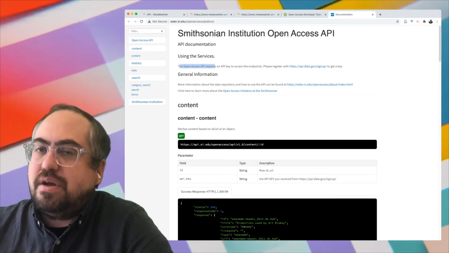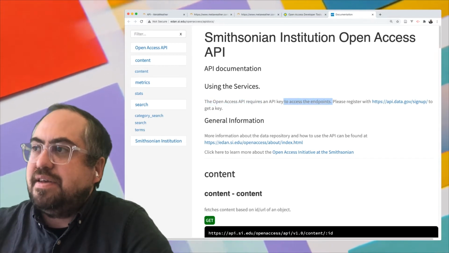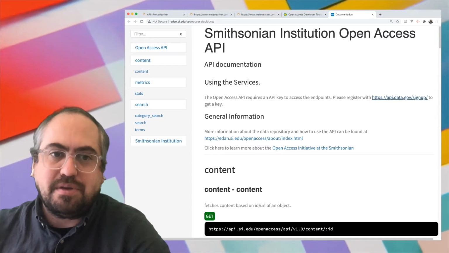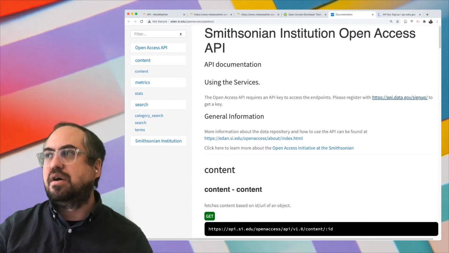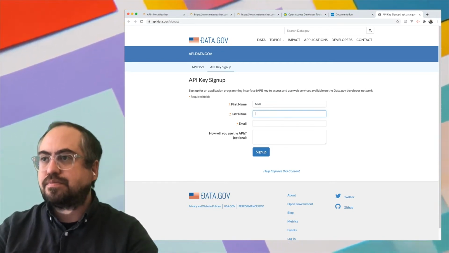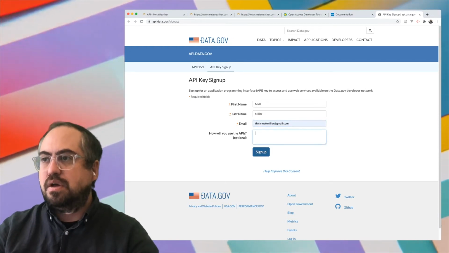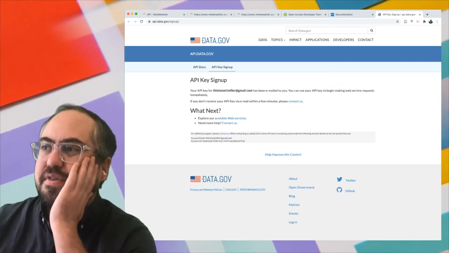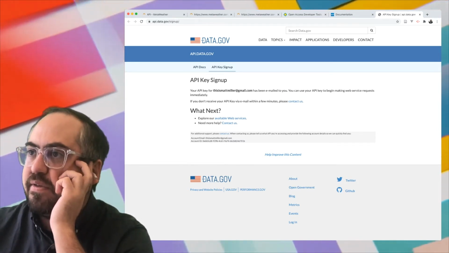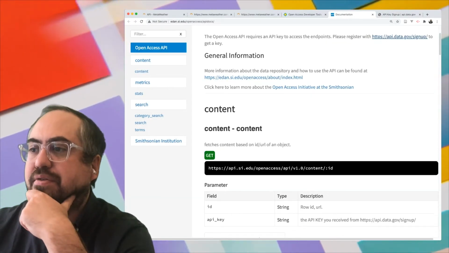All right, so it says the open access API requires the API access key to access the endpoints. Please register with the link. So the first thing we need to do is get an API key to get started. So I'm going to sign up here. Let's see what happens. It says they're going to email me an API key, and we'll have it available to us. While that's hopefully processing in the background,